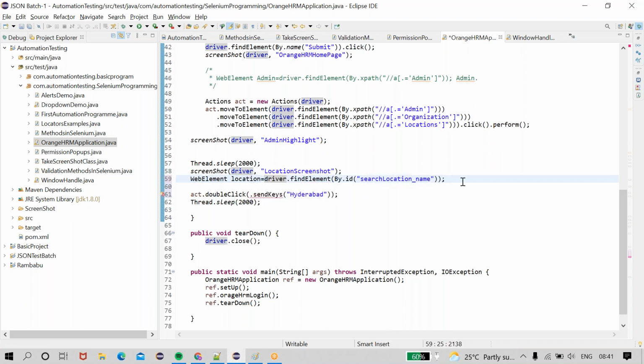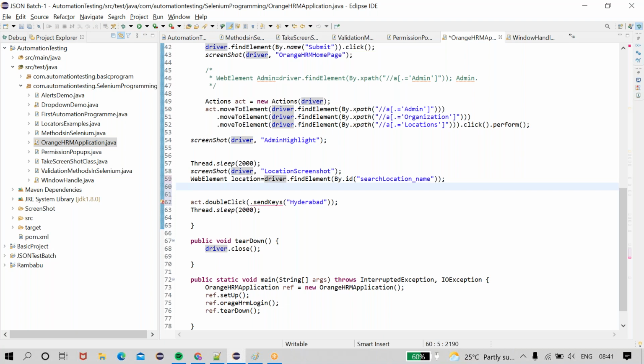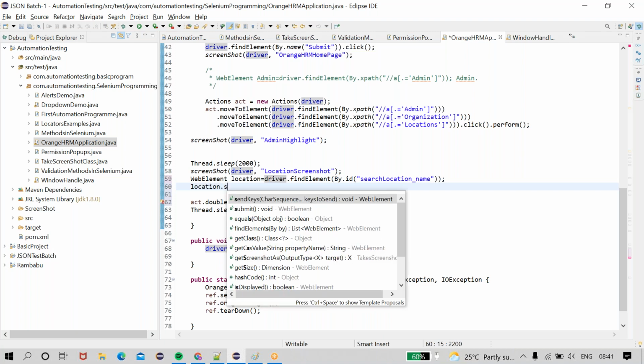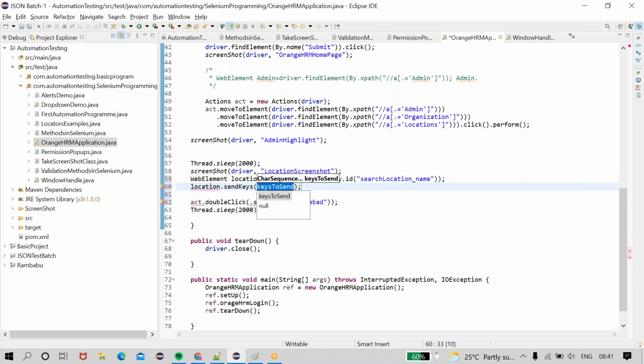Then I am going to use this for send keys also. Location dot send keys Hyderabad. I am calling that specific method on the location on which I want to perform the double click operation.